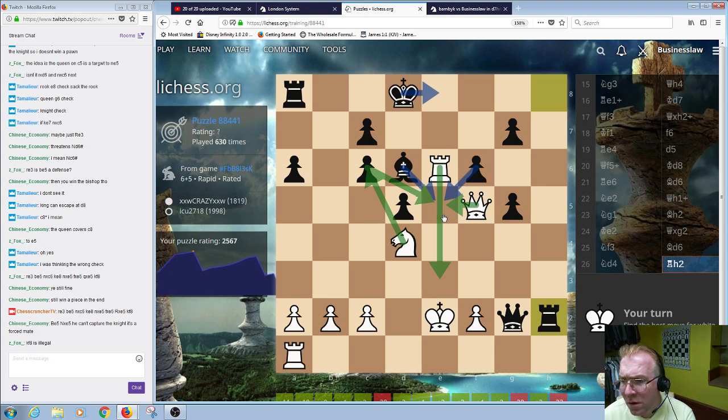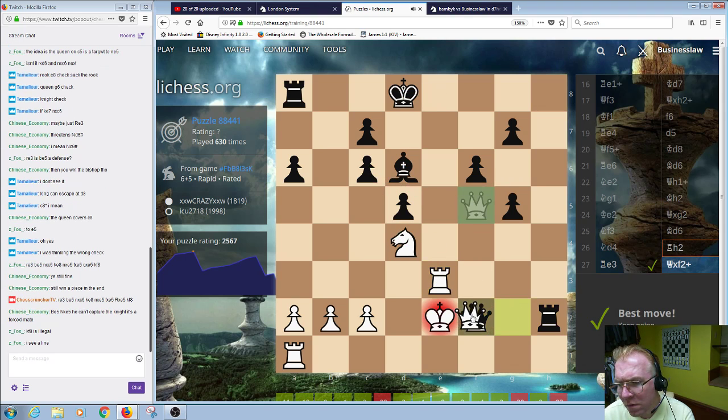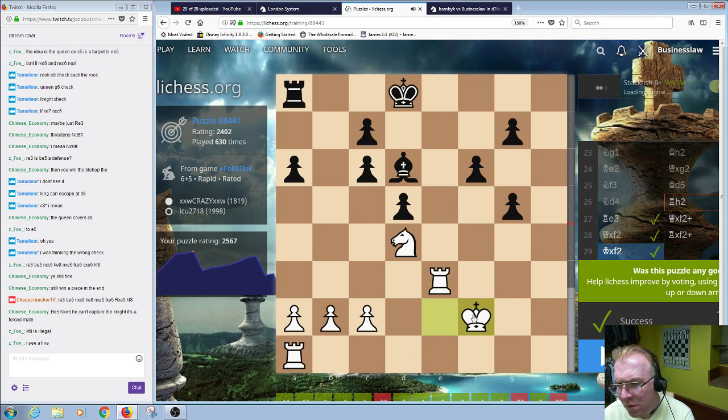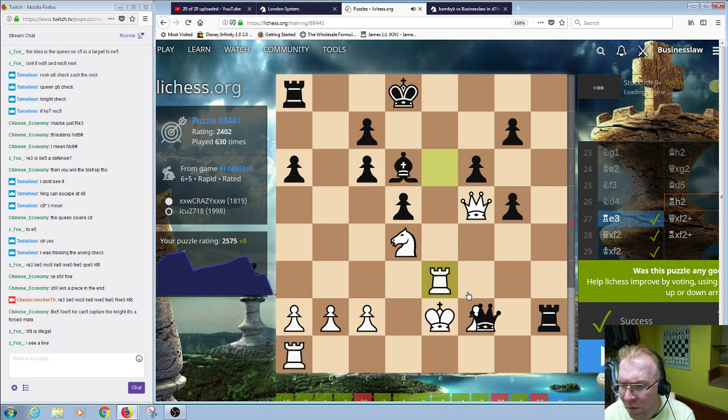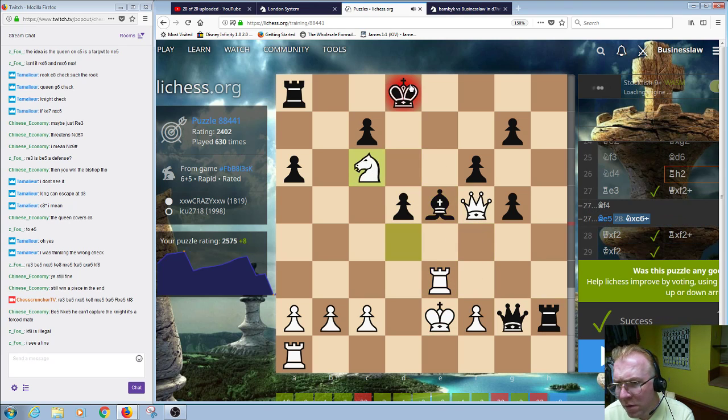Oh, I guess you're right. We could take with the queen, couldn't we? Oh, yeah. Yeah, you are right. Yeah. So that is the move. Yeah, I see that. Oops, not there. Here. You play there. If it comes over, you can actually play